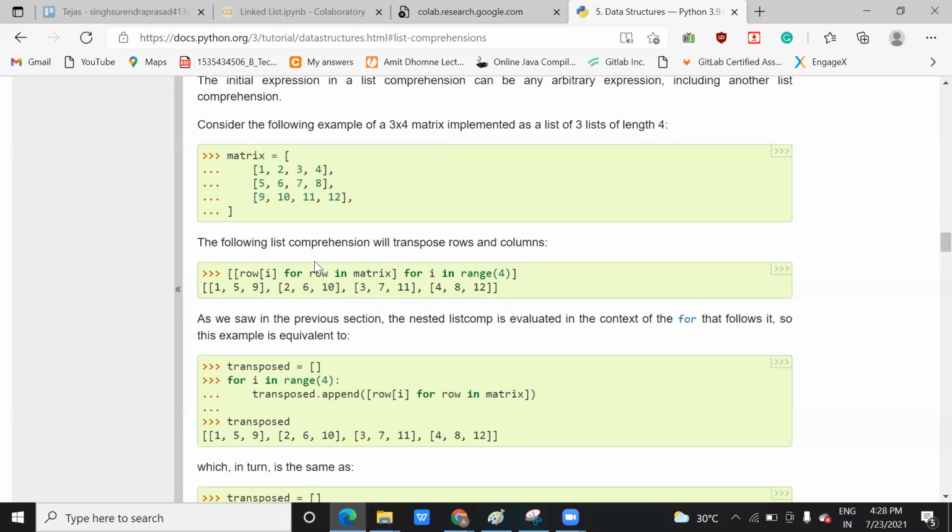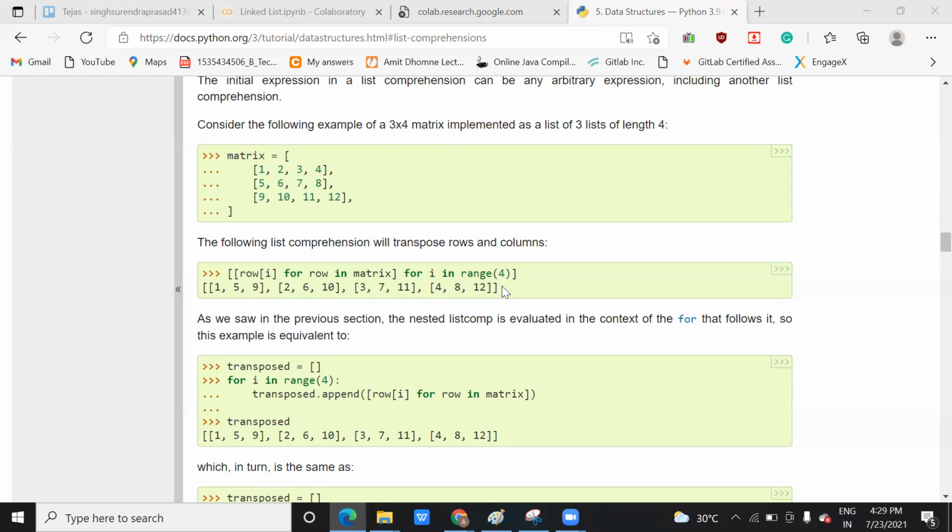For I in range 4 means... Do you understand what I said? Yes.